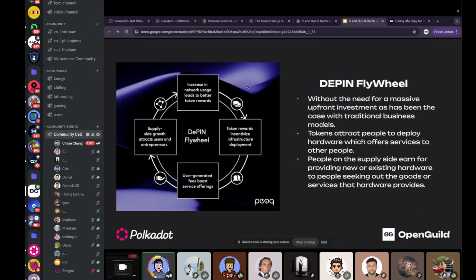The Depin flywheel is going to clarify the concept a bit, so we can understand Depin more. For a Depin project to be successful, I'd say you must have your own flywheel, or at least follow a standard flywheel. So let's say you have